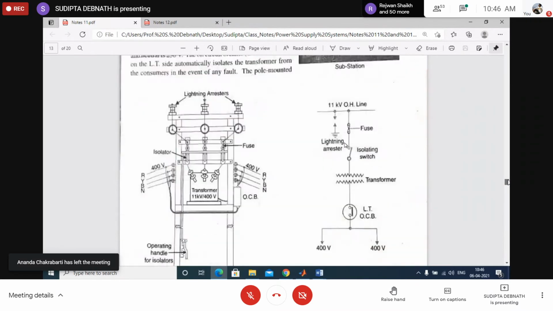Suppose this is an 11 kV line, or say this is a 400 volt line. It is not like only 2 points will go, because we need so many parallel lines to feed all the consumers. So this bus bar is used. It is not that there will be a single point. You have to connect all these things in a single point, so that you can connect any equipment, a bus bar arrangement is done.